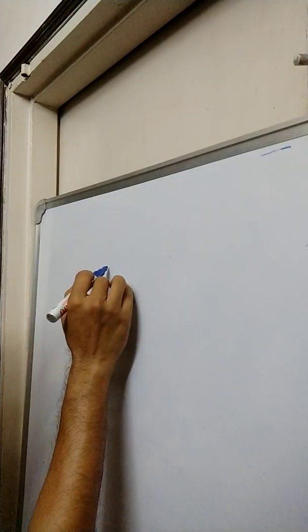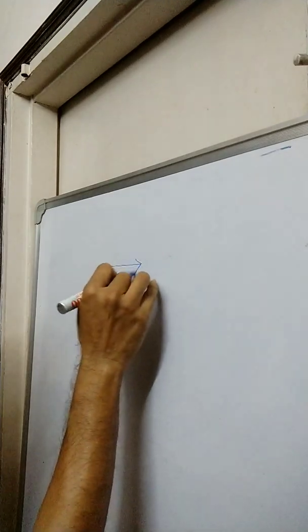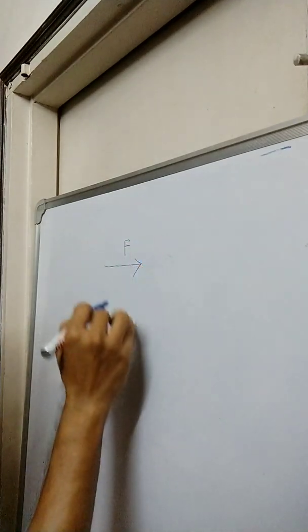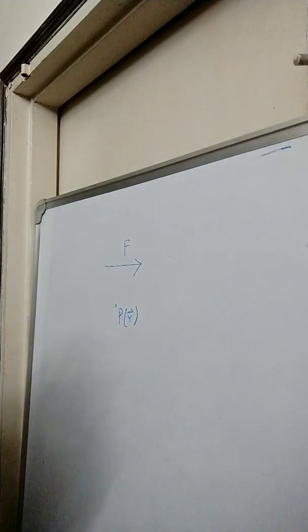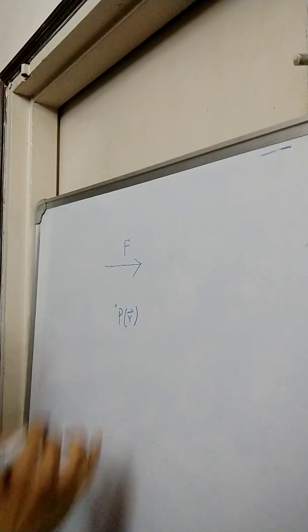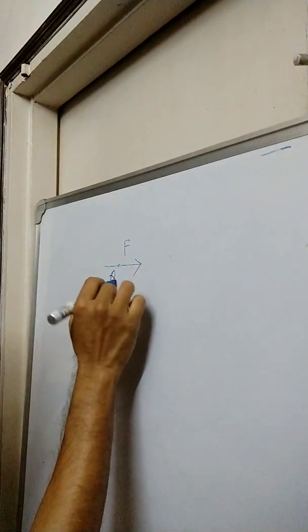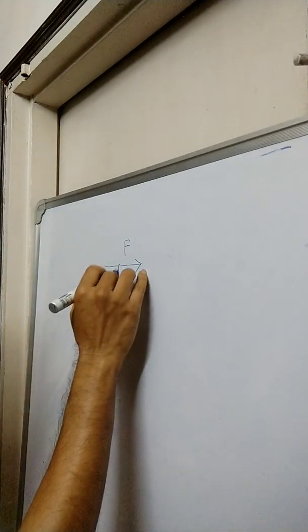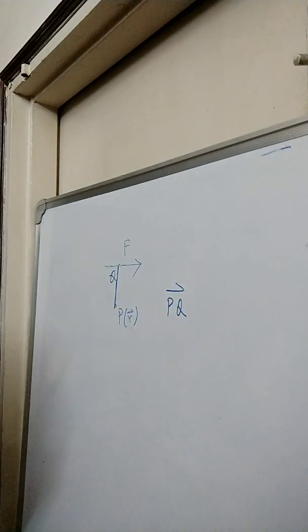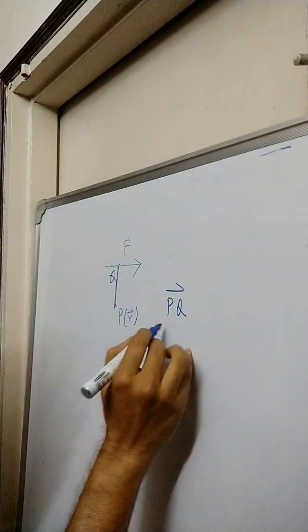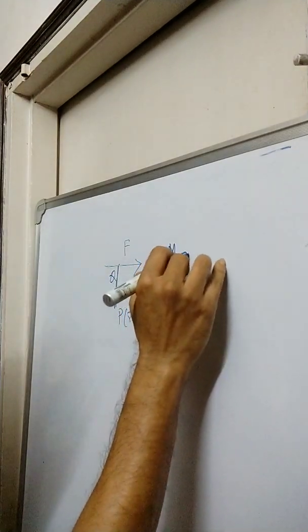We must remember that moment of a force about a point, this is a force F and this is a point say P with radius vector say R. So, what is the moment of F about this point? We will have to take a point Q here and we will have to find out this vector PQ,